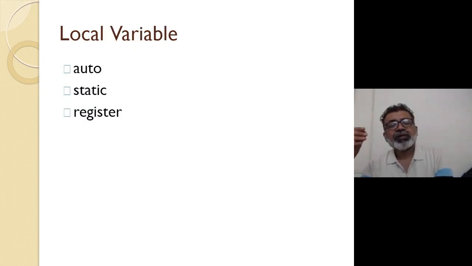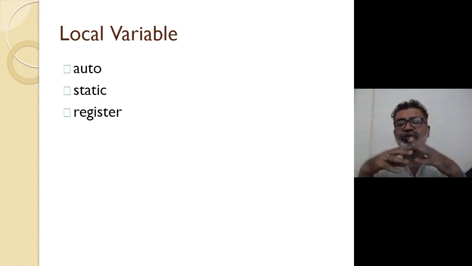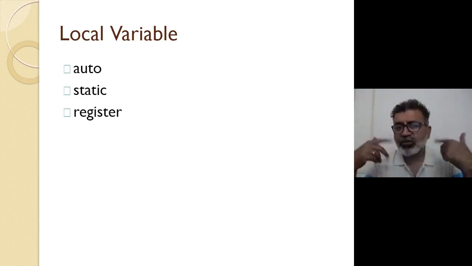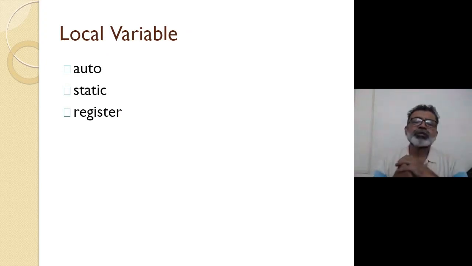Then these are broad categories which I talked about last time: local variable and global variable. Local variable means a variable which is declared inside a function. A variable declared outside a function, we call it a global variable, right? Now, local variable has got three categories as auto, static, and register. We are going to start from this point. So auto, you have already seen that. Let's have some discussion along with live programs about static and register, right?